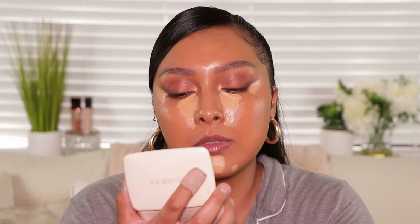I didn't break it. Okay. This is more of a peachy undertone, and I like that just to cancel out the darkness under my eyes, because I do have darkness under my eyes, and I do get sleep. I just have darkness there. And I like to put it right here also, cover up some blemishes if I have to. And I'll also put it right here on the sides of my mouth because it helps just lift the face up, and I think that really is just so nice in pictures